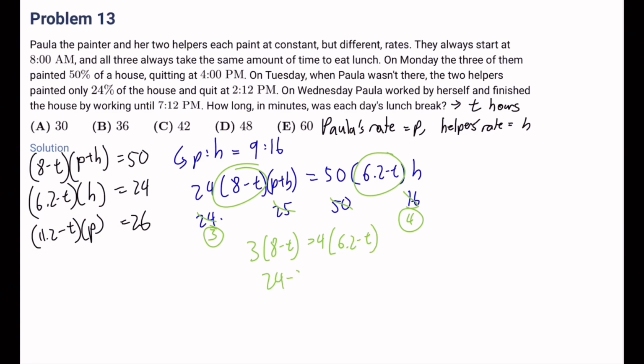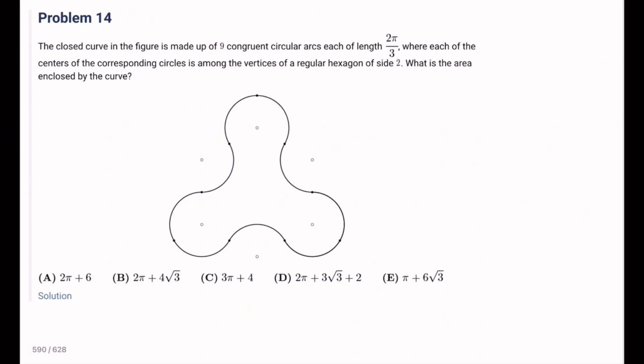That gives us 3 times (8 minus T) equals 4 times (6.2 minus T). So 24 minus 3T equals 24.8 minus 4T. So this gives us T equals 0.8 hours. And 0.8 hours, that's equal to 48 minutes. You just multiply by 60, and that's our answer. It's D. Number 14, the closed curve in the figure is made up of 9 congruent circular arcs, each of